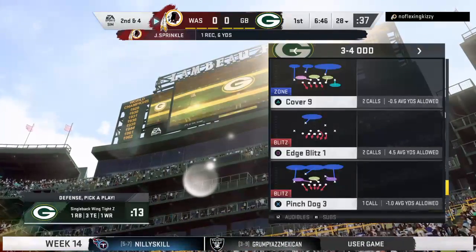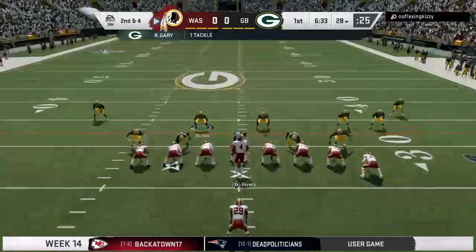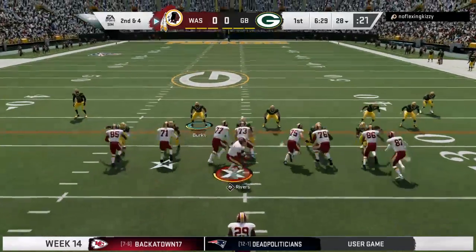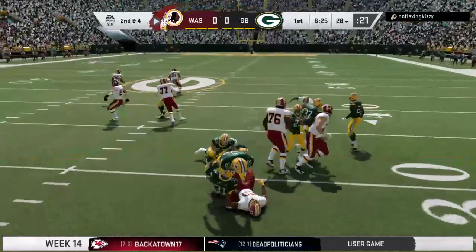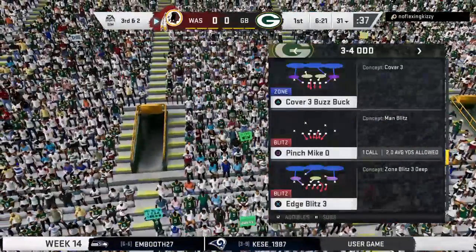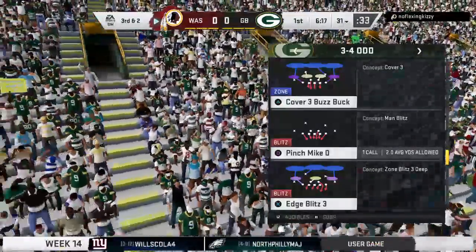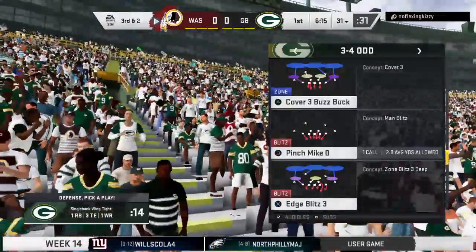Defensively here, you're facing a top 5 team in terms of points scored in the NFL. So when they're that high-powered, you've got to find a way to hold them under 20, because to me, that's the magic number. 20 points scored, you give yourself your best chance to win. So if they're up around 24, 28, 30, they could be in some trouble. And I think so, because then you turn it into a shootout, and that means your offense has to keep pace. It's a gain of 2 yards, and it's third